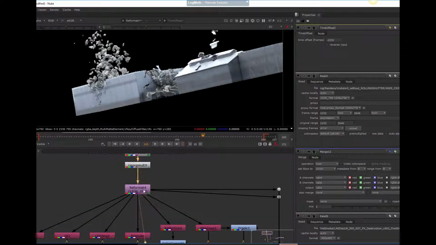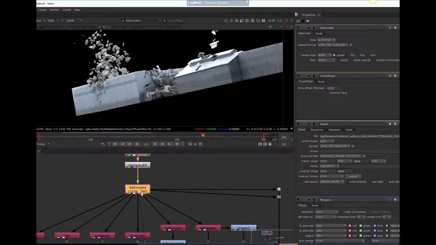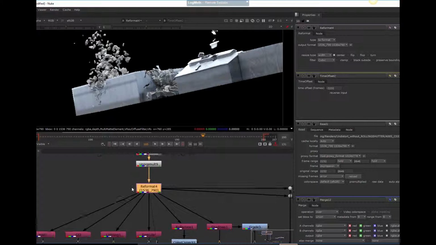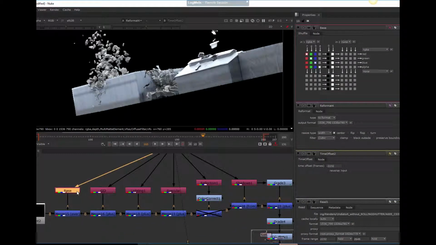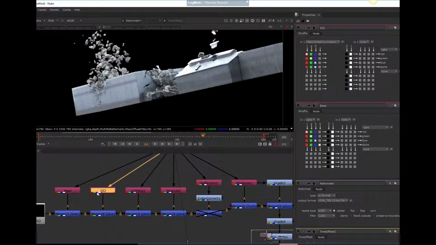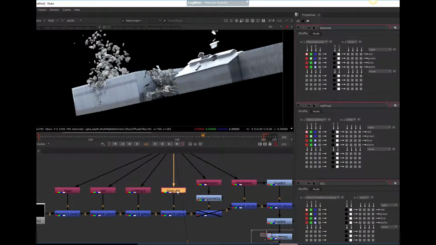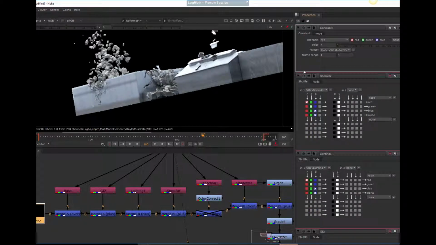At a reformat node, it's always better to work at the target resolution rather than doing everything at a smaller 1K res and then upgrading everything later, because that way your roto, everything might be done at 1 res, it just doesn't convert over as well. So it's better just to work at our target res. So I've got a reformat node which just brings it back to 1536 by 790. Okay. Since all we have is this node, the read node, unpre-mult it, reformat it,